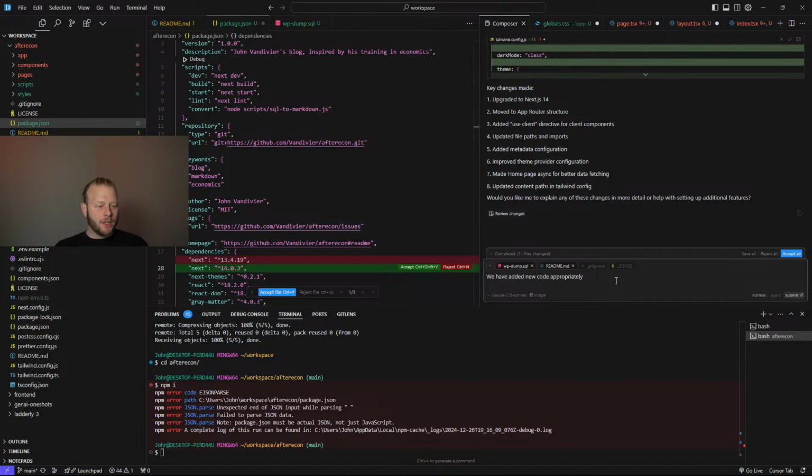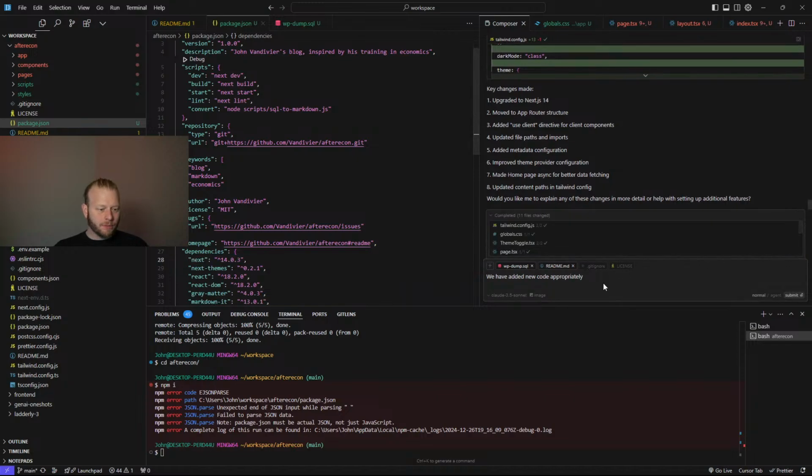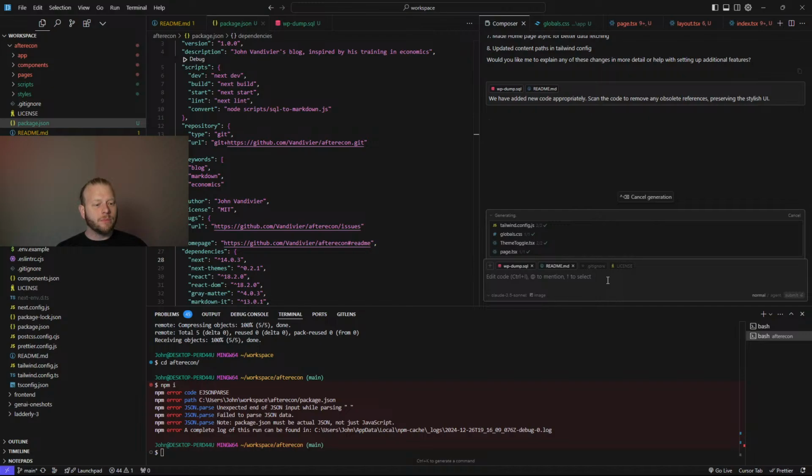I'll say we have added new code appropriately. Scan the code to remove any obsolete references, preserving the stylish UI. Because I noticed that I have a pages directory still here.